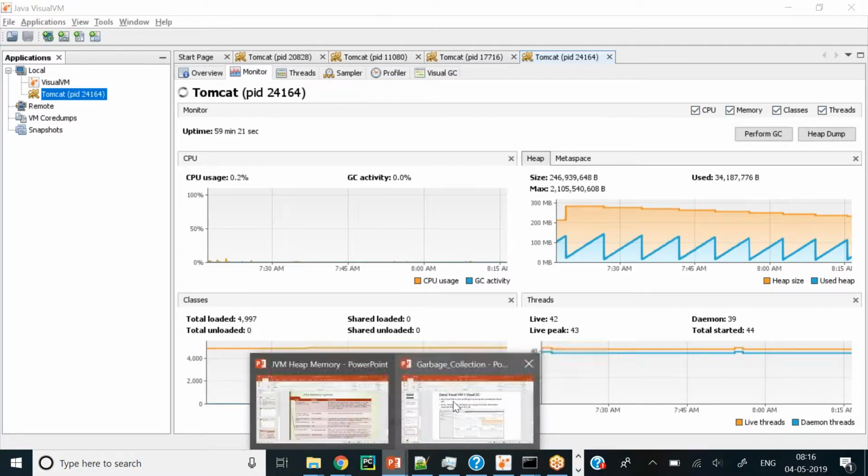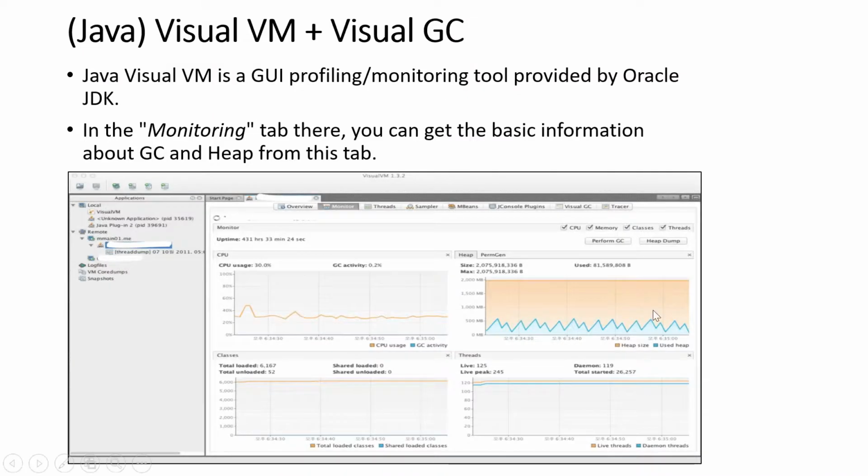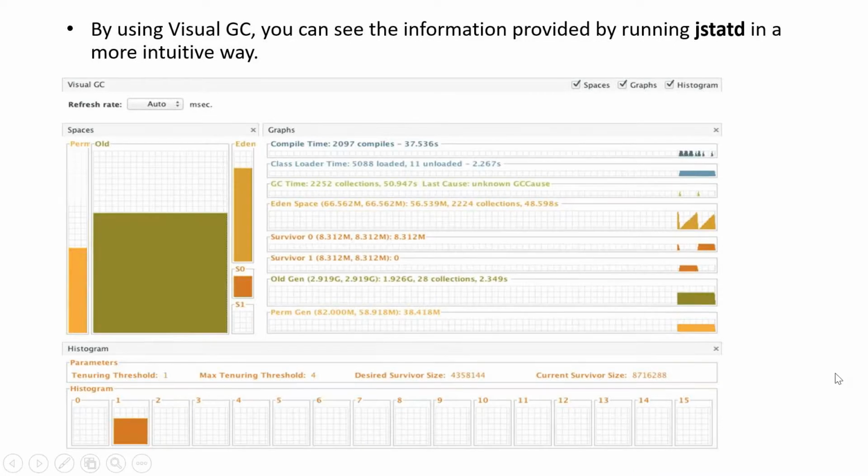So this is all about garbage collection tools, and you can see the screenshot I have collected when I was talking about this particular topic, this threshold, right? Tenuring threshold, maximum tenuring threshold, desired survivor size, current survivor size. So this tenuring threshold we can also set.